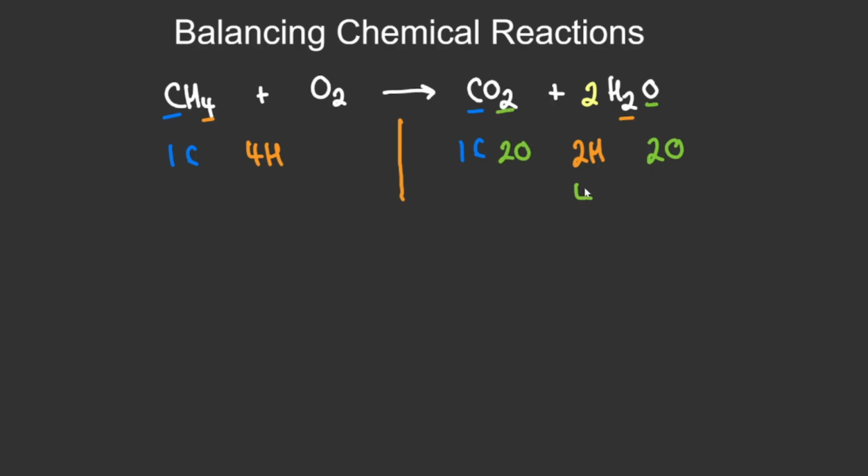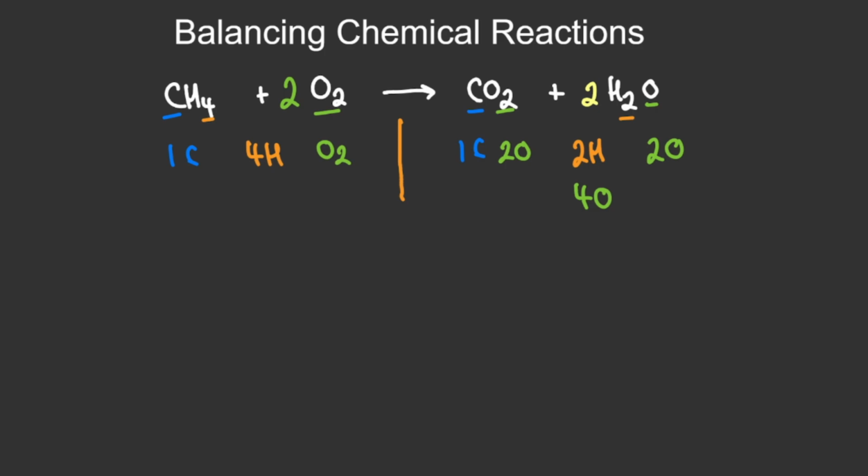So all in total, there are 4 oxygen atoms. Now on the left side, we only have oxygen gas, and it's just going to have 2 oxygen atoms, okay? So the product side has 4 oxygen atoms in total, and on the left, there's only 2 of them. So to get 4 oxygen atoms, we need to put a coefficient of 2 in front of the oxygen gas. So we have methane plus 2 molecules of oxygen gas into carbon dioxide and 2 molecules of